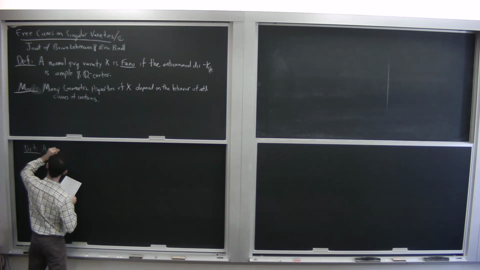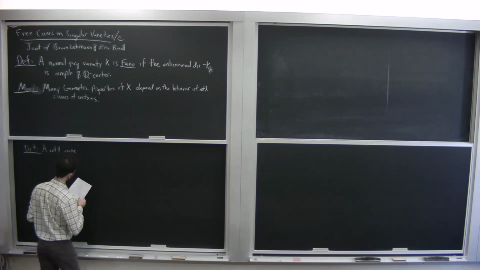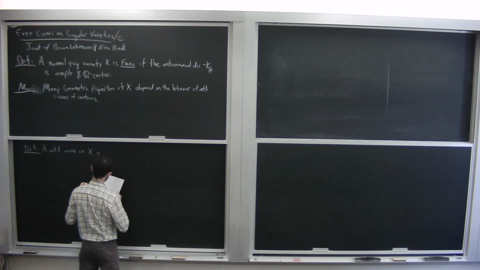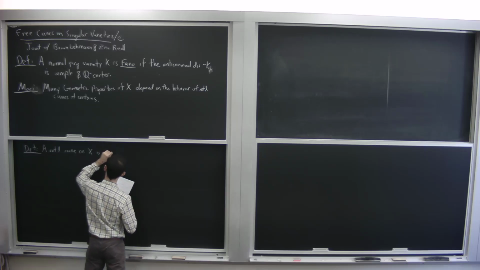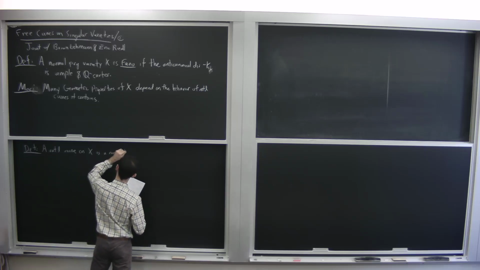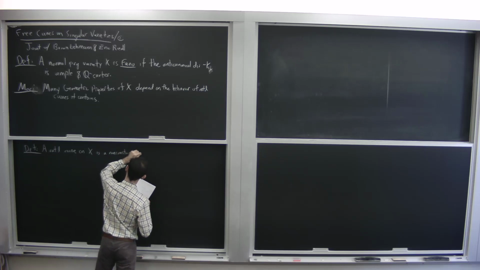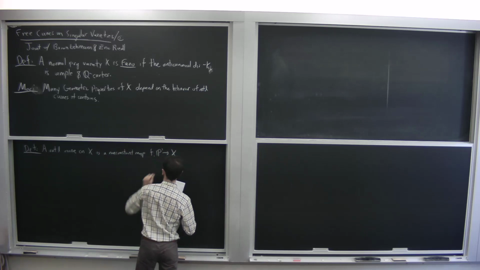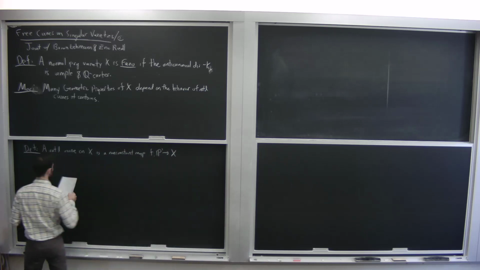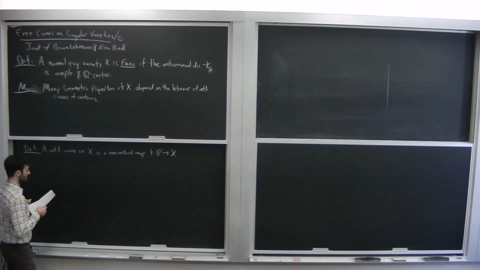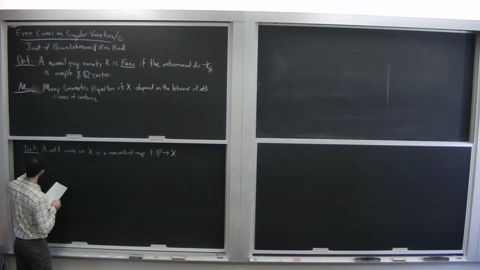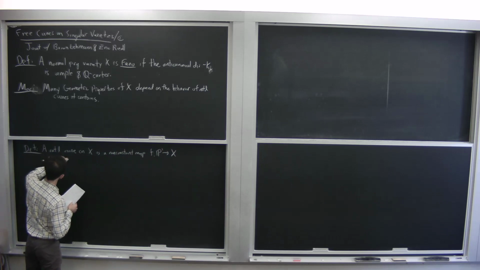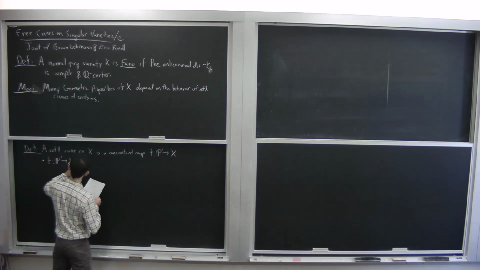A rational curve on X is a non-constant map from P1 into X. Okay, so this is a geometrically rational curve, if you will, right? And we're further going to say that a map or rational curve f from P1 to X is called